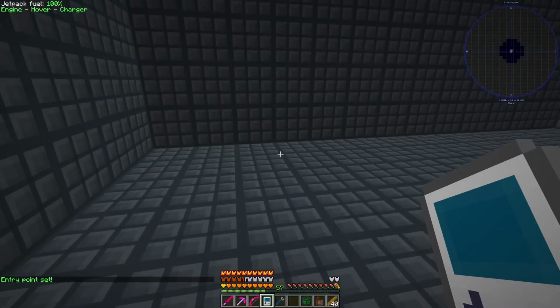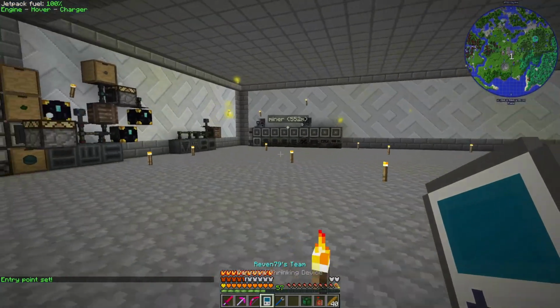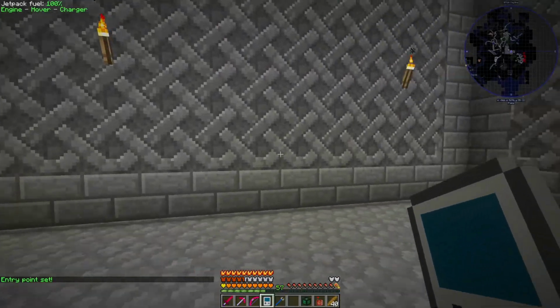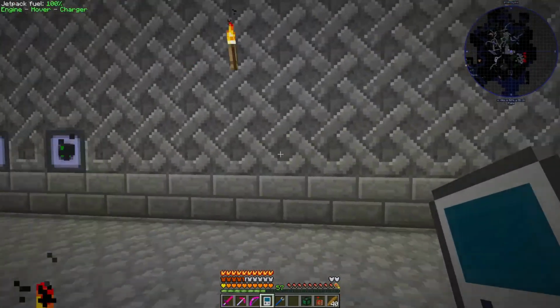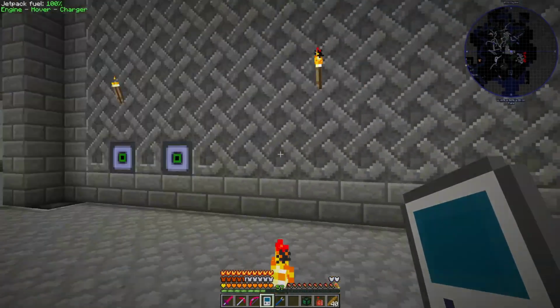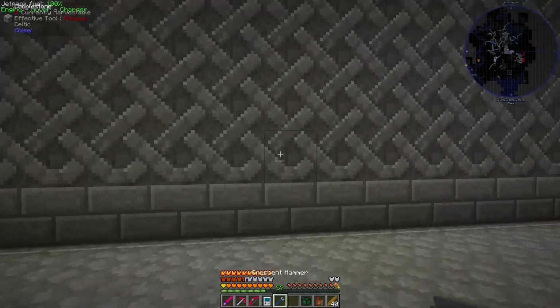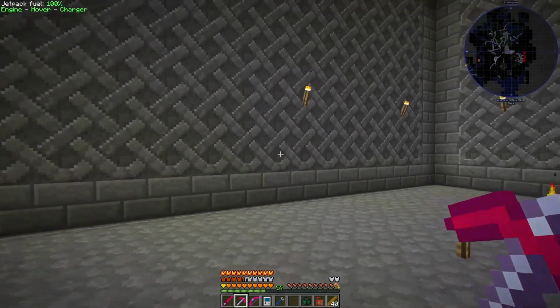So let's go and set an entry point. Let's get started on our power. So I think I'm going to keep this wall right here in case I want to make more compact machines. This will be my little wall of mini dimension rooms. And this wall over here, I'm thinking that this is where we put the